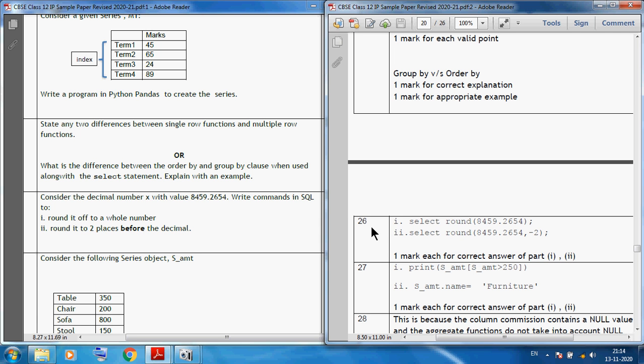Now the next question is: write the SQL command. We will write the SQL command, not the output. So you can understand the nature of the question. Here round it to two places before the decimal. Here the new thing is